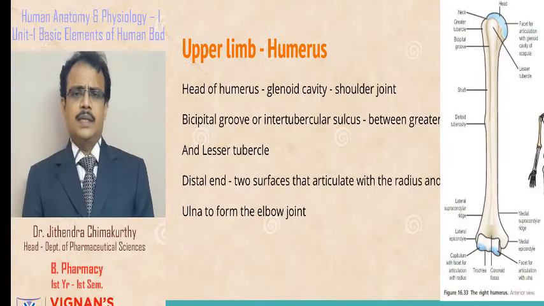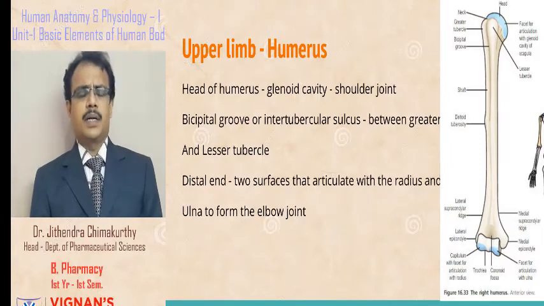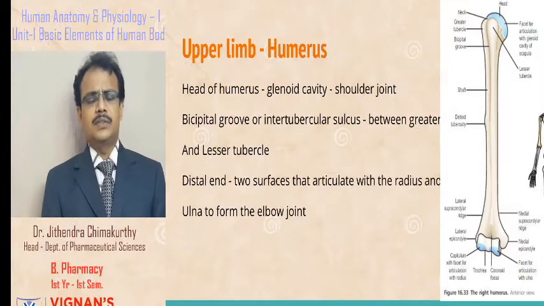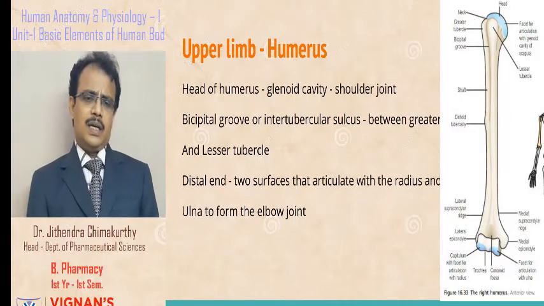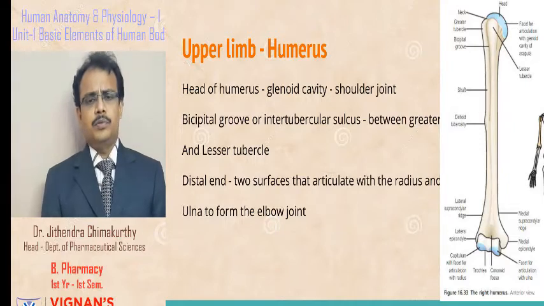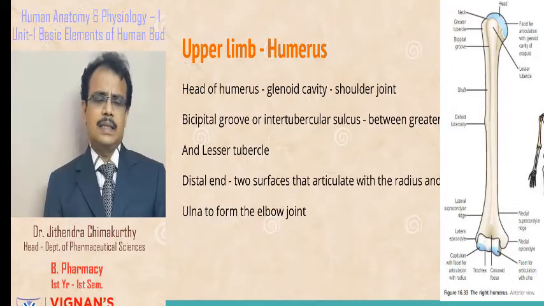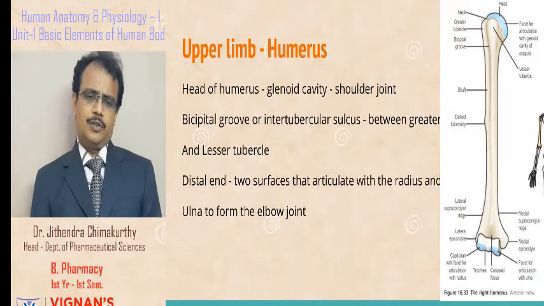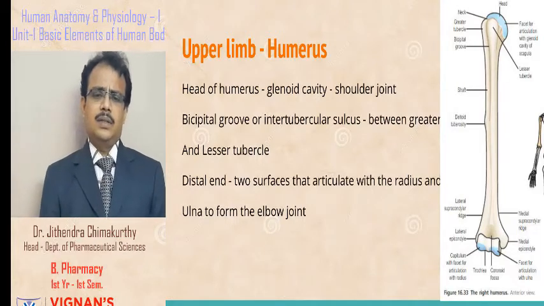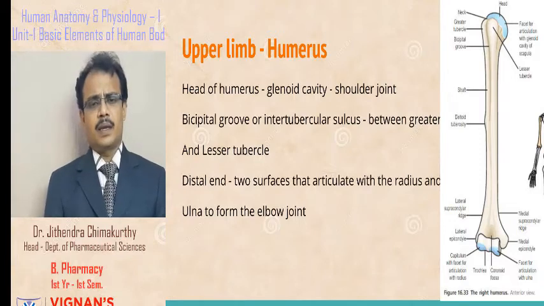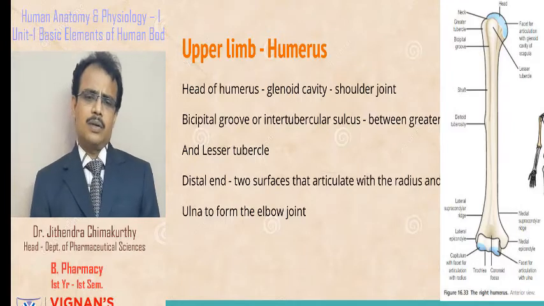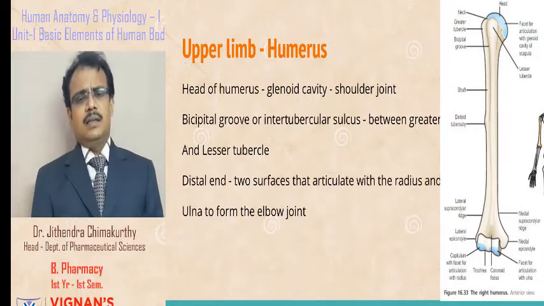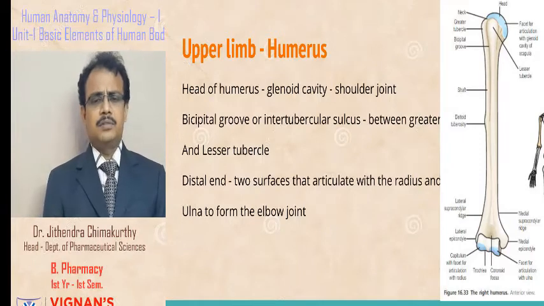The humerus is the bone of the upper arm and it consists of a head which forms the shoulder joint with the glenoid cavity of the scapula. It has 2 prominent tubercles, the greater tubercle and the lesser tubercle, and between these tubercles lies the bicipital groove, also called the intertubercular sulcus, and this intertubercular sulcus gives attachment to